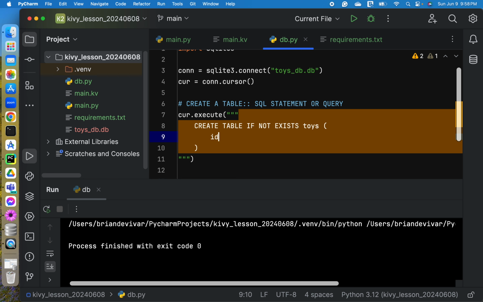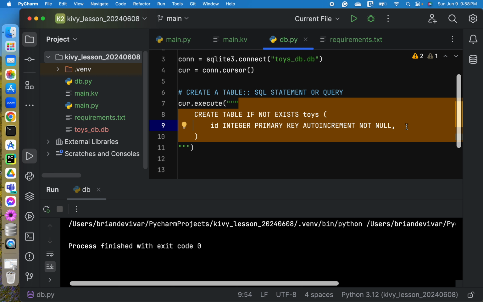Let's start with ID. So ID will be integer. So this will be a primary key, and autoincrement and not null. Not null meaning this is a required field. And we don't need to think about this field because SQLite will be providing the data or the entry for this particular field.